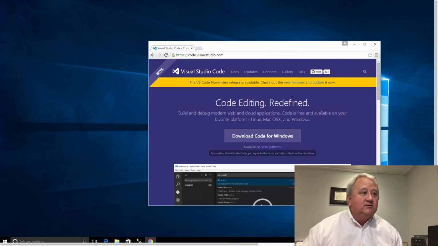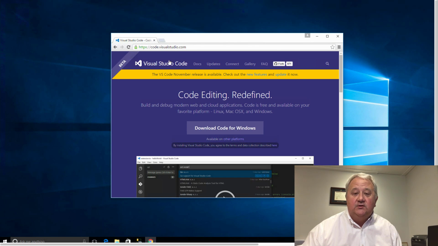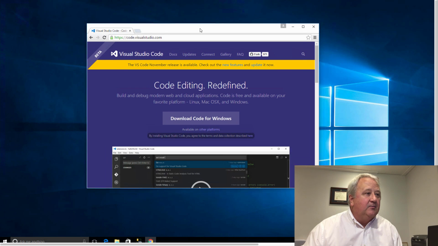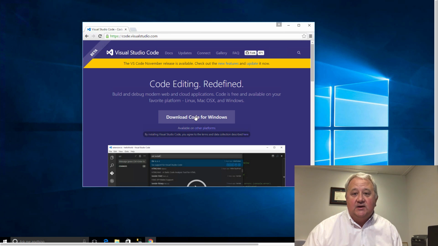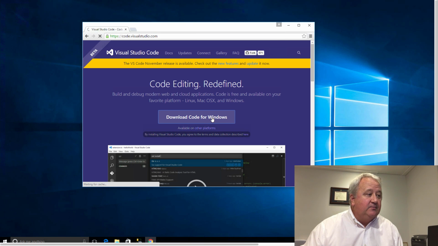software. So the first thing we'll do is go to the URL code.visualstudio.com. So I'll go ahead and bring this up, and we'll go ahead and download the code. In this case, I'm installing it on a Windows machine. The software is also available for Mac OS X and also for Linux machines as well. But in this video, we'll go ahead and install it on a Windows 10 machine. So I'll go ahead and select Download,